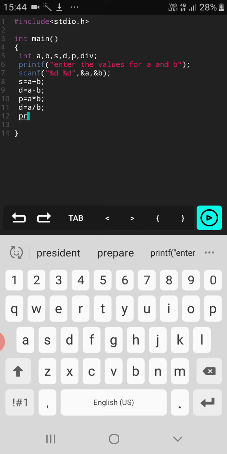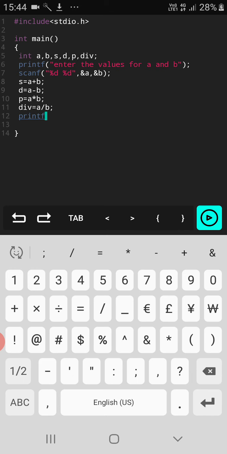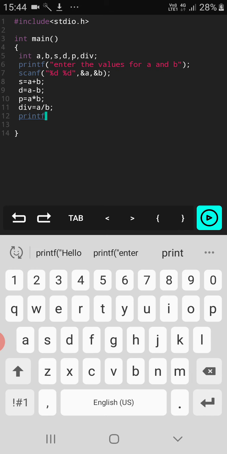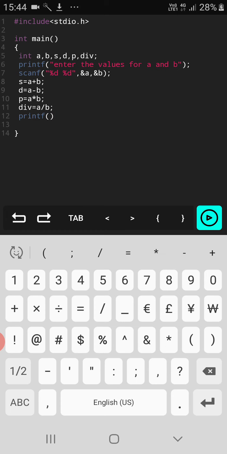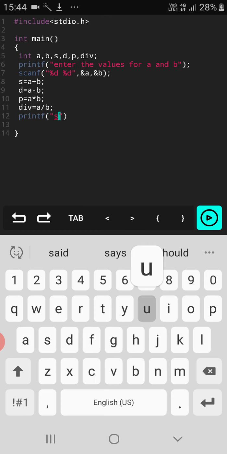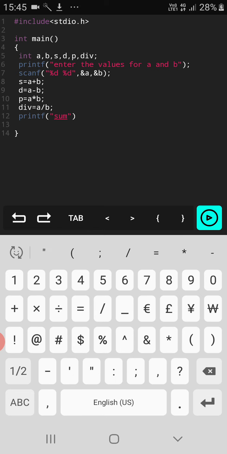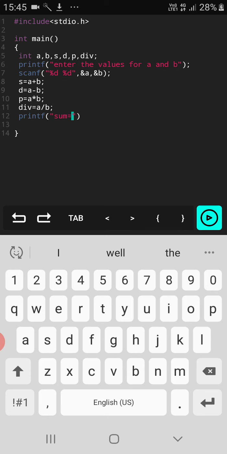So if you make use of the same variable twice in the program, you are going to get an error message. So now I'm going to print the value of sum. So printf, sum is equal to %d.